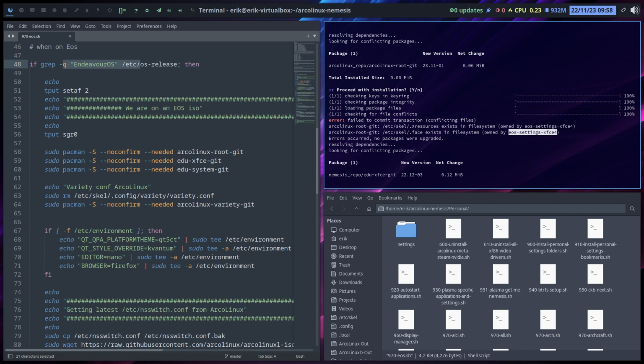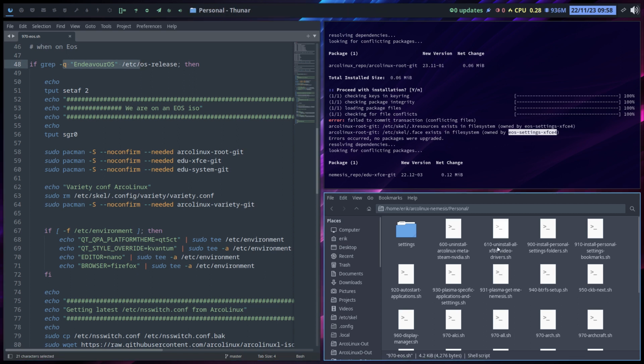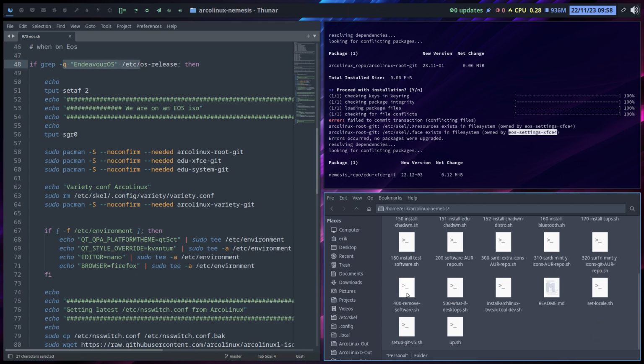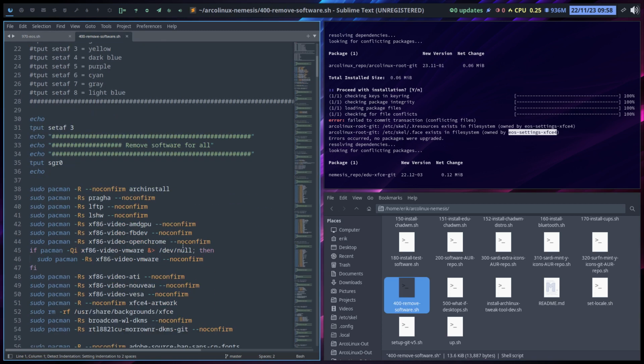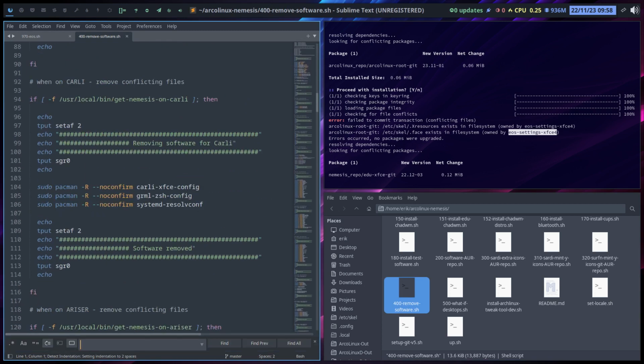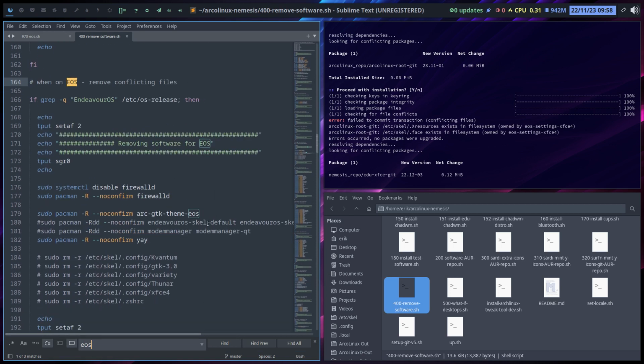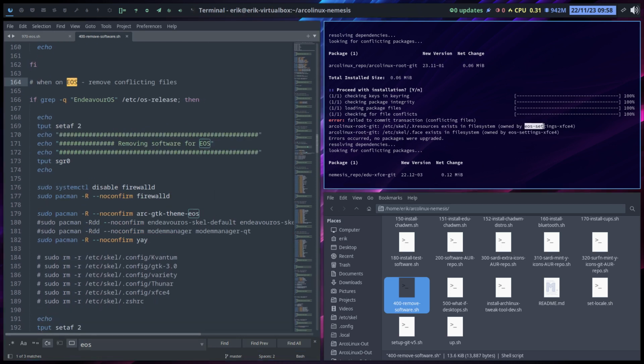I go to my second screen and say to the system, script 400 remove. I can show you what I'll do here. And I have something about, Control-F, is it EOS? Yeah. So remove any software. I'd like to remove EOS settings XFCE4. I'll go there and just hashtag it out,